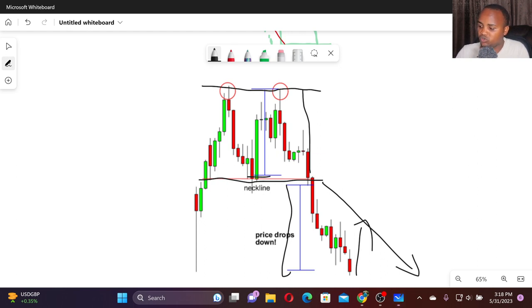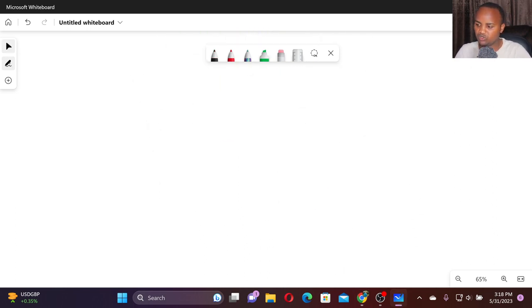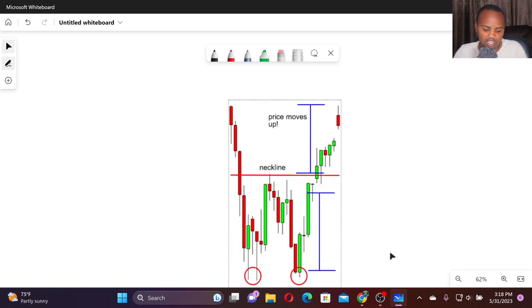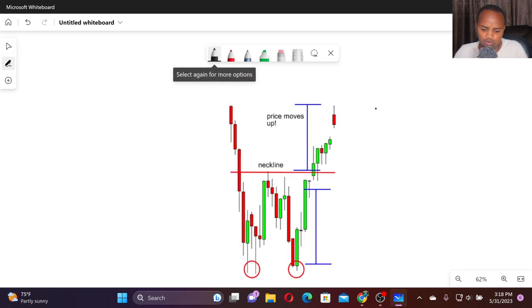Let me give you another example. Maybe it's going to enlighten you more on this. It's going to be very interesting when you see another example. So let's talk about where the market will be forming what we call the double bottom. When we talk about the double bottom over here, we drew it. It was something like